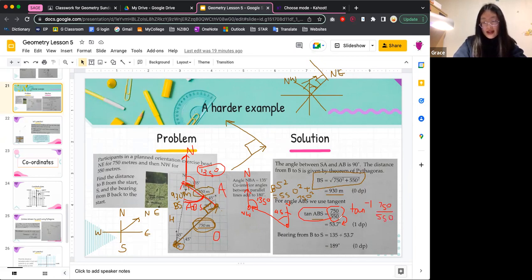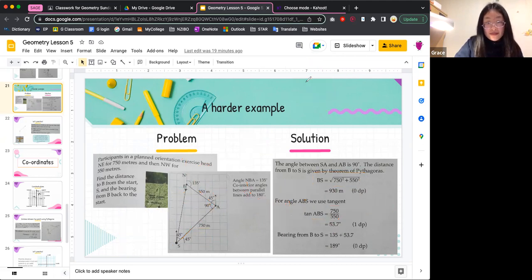And that gives us the size of angle ABS. Okay, so now I'm just going to clear everything. Oh, that looks so much better. Okay, so now that we've got 135 and we've got 53.7,